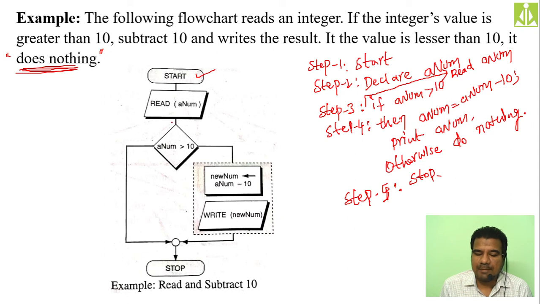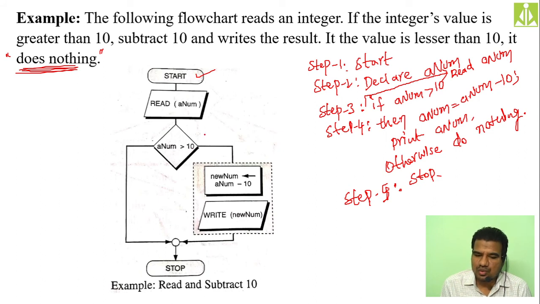So I have taken a parallelogram with a num in it. Okay. Then we need to check the condition, because we need to check the a num value with 10, whether it is lesser than, greater than, isn't it? Because our further actions are purely dependent on our a num value. If it is greater than 10, we are subtracting 10 from it. So yes, do the condition check using a rhombus, and inside it put the condition a num must be greater than 10.